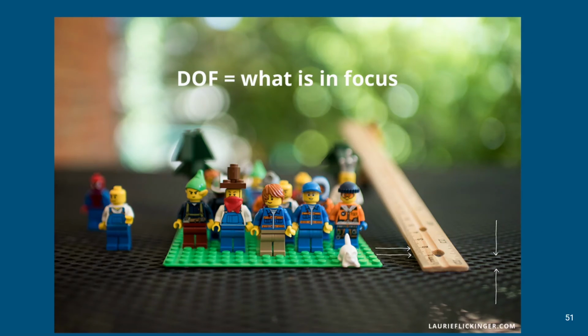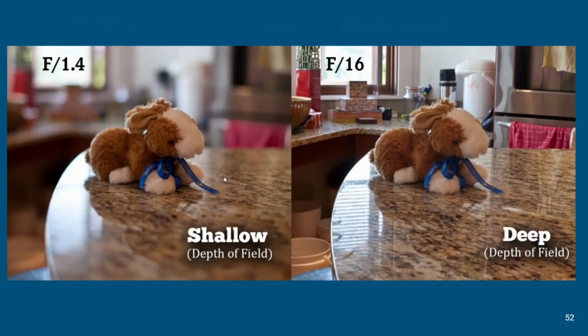Depth of field is referring to what is in focus in the shot. So we can see we have this area up to this area in focus. Even closer in towards us, we can see it starts to get out of focus. And so, this is a very shallow depth of field. We'll refer to these as a shallow depth of field and a deep depth of field. Deep, we got a good idea. We have more focus going on in the background